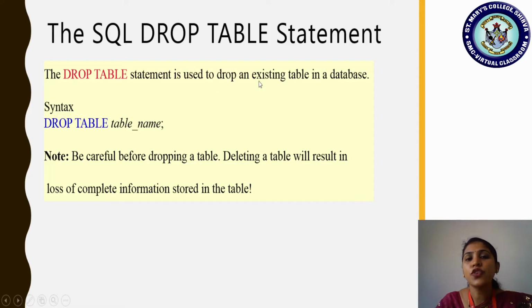It is used to drop an existing table in a database. So whatever table you have created in the database will be deleted permanently. There are certain restrictions when you are dropping a table, so be careful before dropping a table. Deleting a table will result in loss of the complete information stored in the table.